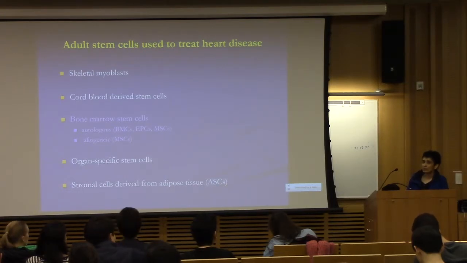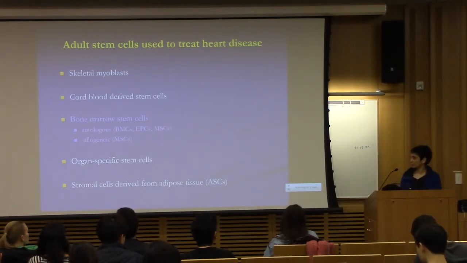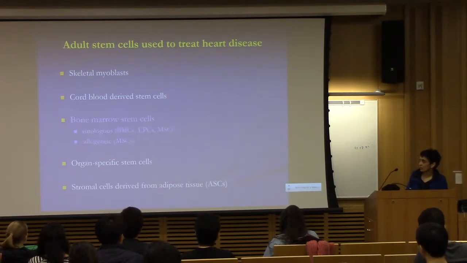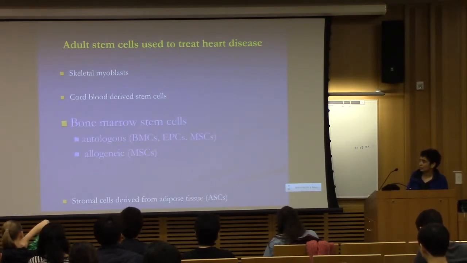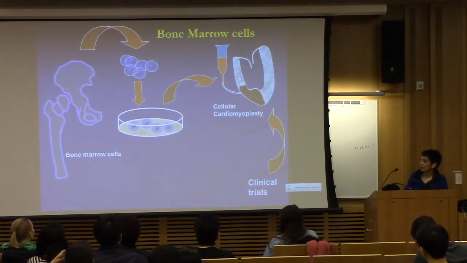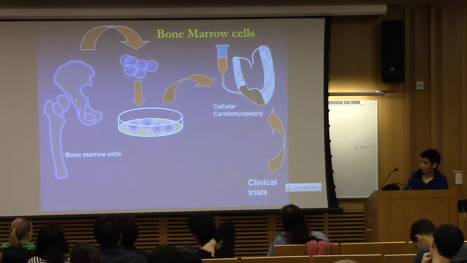So this illustrates how you can take a clinical question, answer it with experiments, and then go back to it. It's called bedside to bench or bench to bedside research. So the next kind of stem cells are the bone marrow stem cells, and there are two kinds. One are the bone marrow cells that form the blood cells, and the others are the stromal cells, the mesenchymal stem cells. So mesenchymal stem cells can be derived either from bone marrow, or they can be derived from adipose